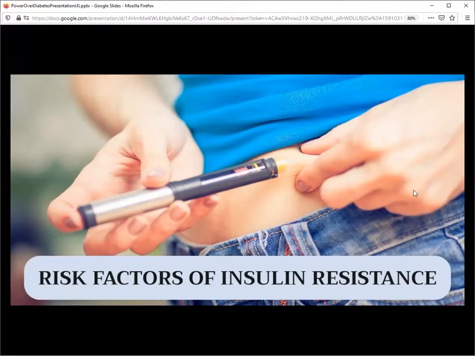Compromised gut microbiome. Okay, this one is absolutely huge. It's also a root cause of autoimmune disease activation. So many times I see this with an overgrowth of bacteria that's feeding the hormone imbalance and triggering the immune response. Smoking and chewing tobacco. These both are really hard on your pancreas.